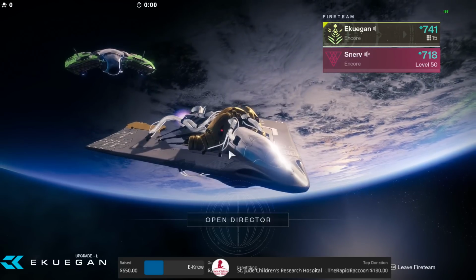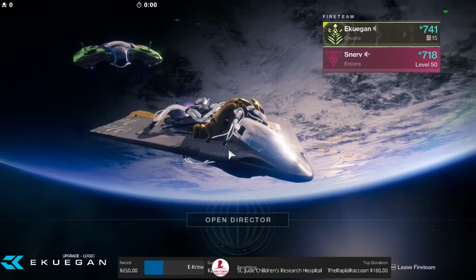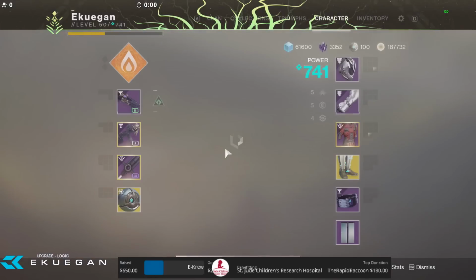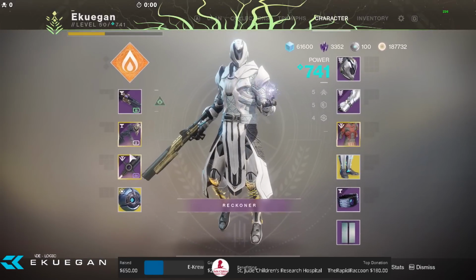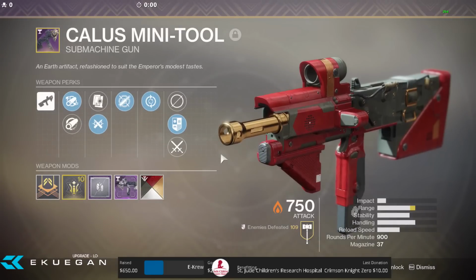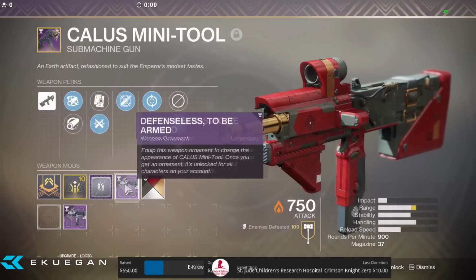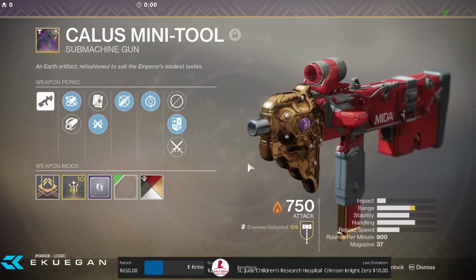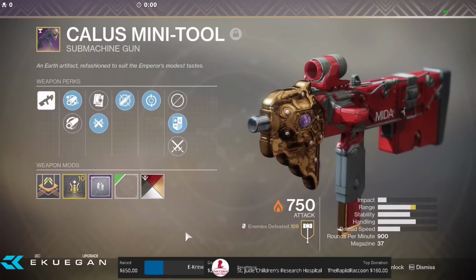Now, what you guys know is that Bungie has put in a new activity called the Menagerie, and with that being said, one of the weapons that came in this DLC is something called a Calus Mini-Tool. Now, I tested this thing out. I went over a few times. I used it in endgame content. I even used it in my flawless run in the Chronosaurus raid,